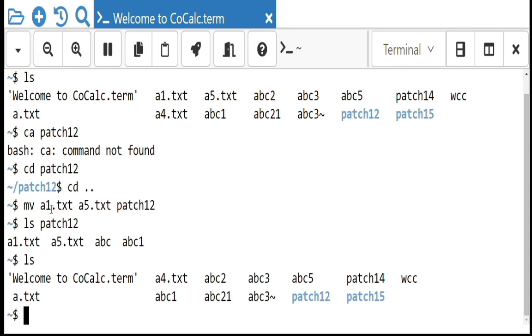So a1.txt and a5.txt are present in the home directory. Now you have moved a1.txt and a5.txt to the patch 1 2 folder. See here, in the home directory you are not able to get the files a1.txt and a5.txt, but in patch 1 2 those files are present.